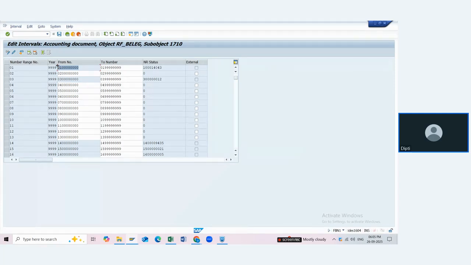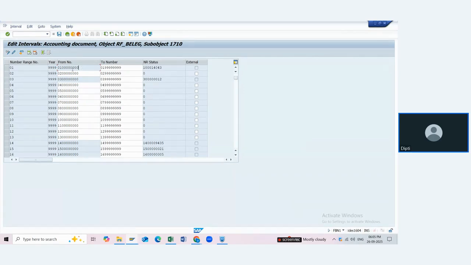But next year when I'm checking the same document with 2025, that entry may have an amount of 5 lakh. So every year, even if the same number range is there, the system always stores in the SAP database the document number with the fiscal year. So every year, even if you have the same number, it will be picked up with the document number and fiscal year. So it will not be repeated in any year, right? It always has a different fiscal year every year.